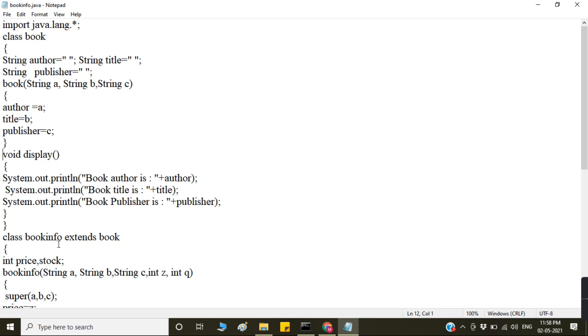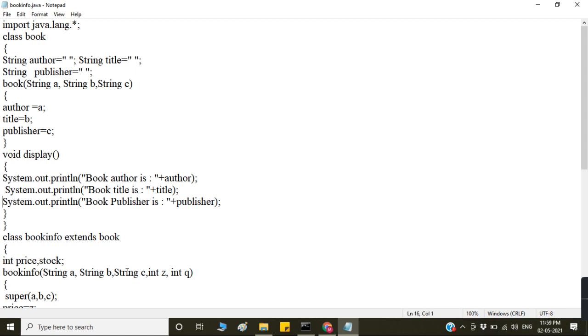Then we create the constructor of the subclass BookInfo. BookInfo contains all the parameters of the superclass as well as its own parameters. The data types should be the same: string A, string B and string C, then int. For price we take one more variable, and for stock we take one variable.